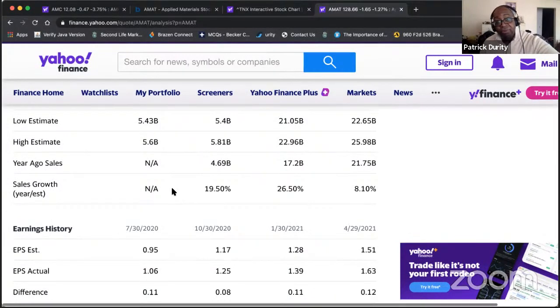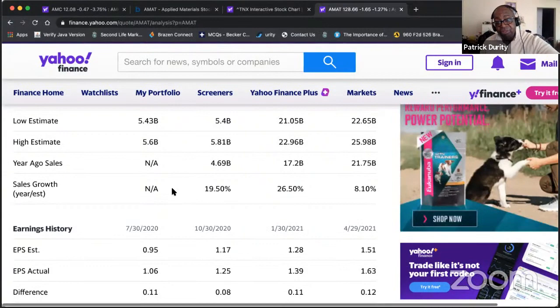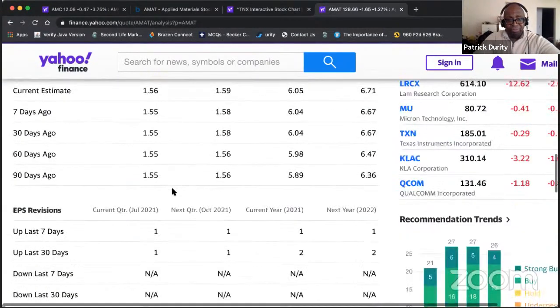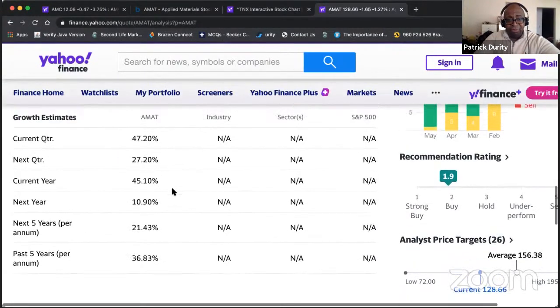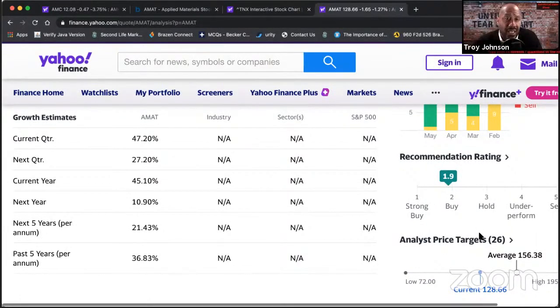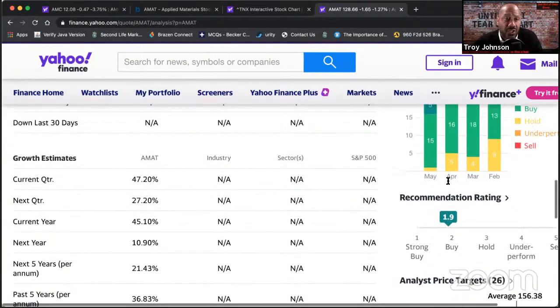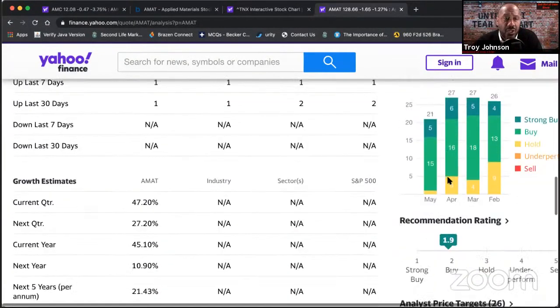If it's got a 24 PE ratio and the growth rate is around 21% over the next 5 years. Yep. And then the analyst recommendation is very high, about 1. Yeah, we didn't even talk about looking at the analyst recommendations, because you can look at the analyst recommendations on